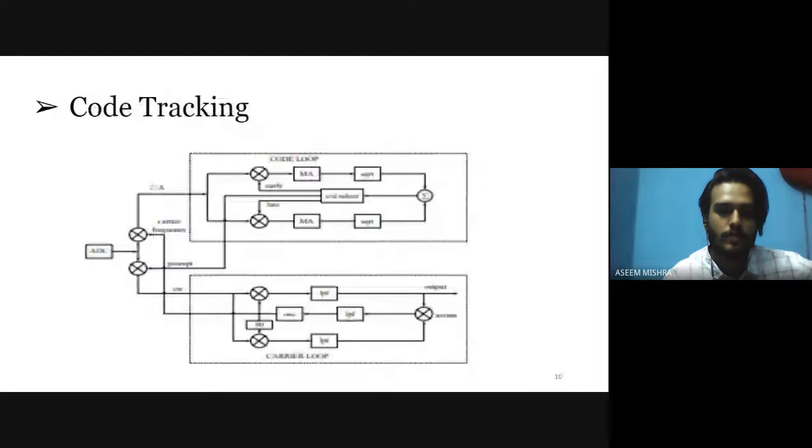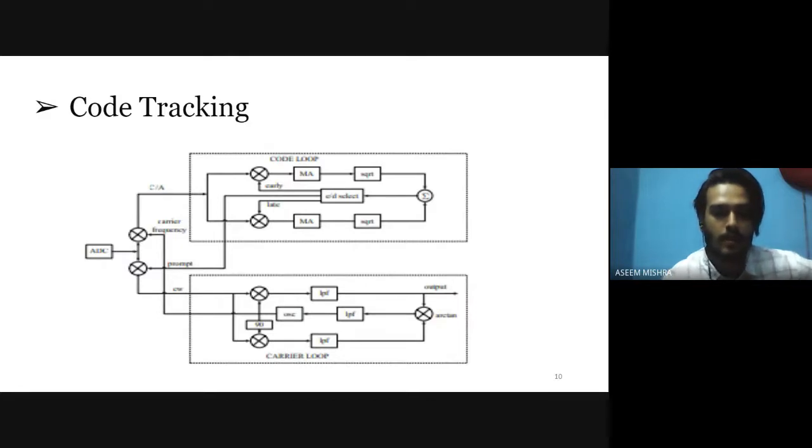The aim of the code tracking loop is to keep track of the code phase of the specific satellite in the signal. The code loop is known as the delay lock loop. The prompt code is intended to match the CA code in the input signal. The correlation outputs from three local codes can be used to accurately determine the beginning of the CA code in the input signal. This information is used to adjust the initial phase of the locally generated prompt code to better match the code phase of the input signal. The discriminator algorithm is used to give a calculated number on the code phase error.